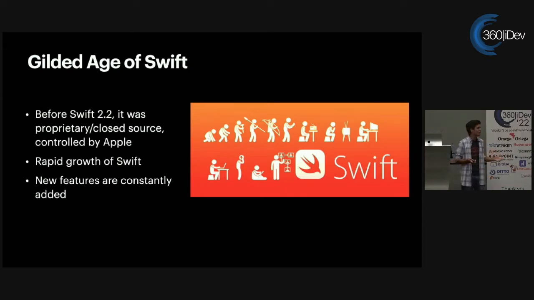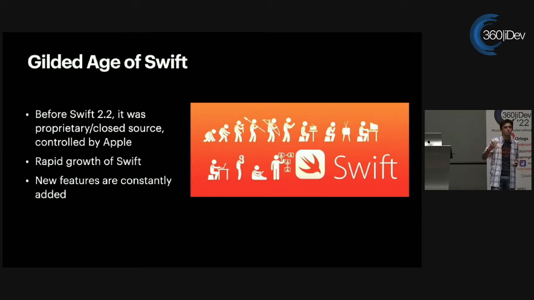Now here you have Swift as this closed source controlled by Apple. And at this time, when Swift was first released, they released kind of half of what they had been working on, and they kept the rest of it internal so that they could release in increments and in a way perfect or at least improve each part of Swift before they release more.